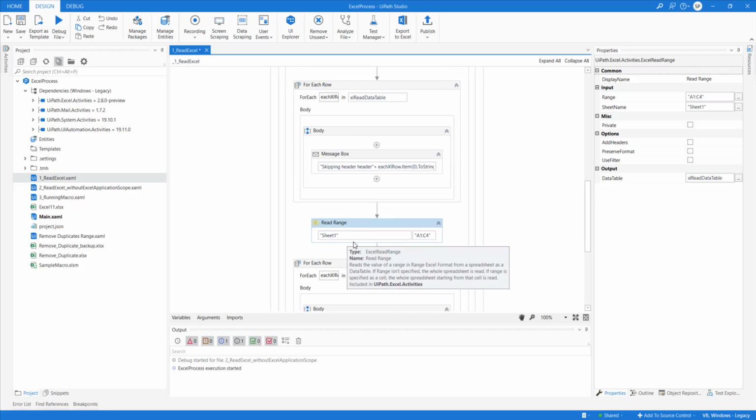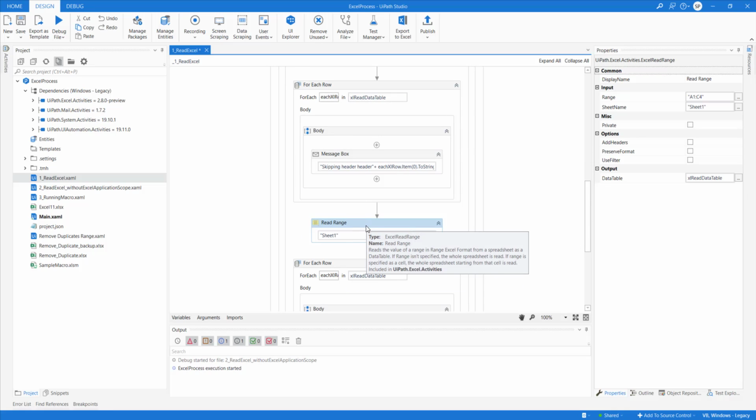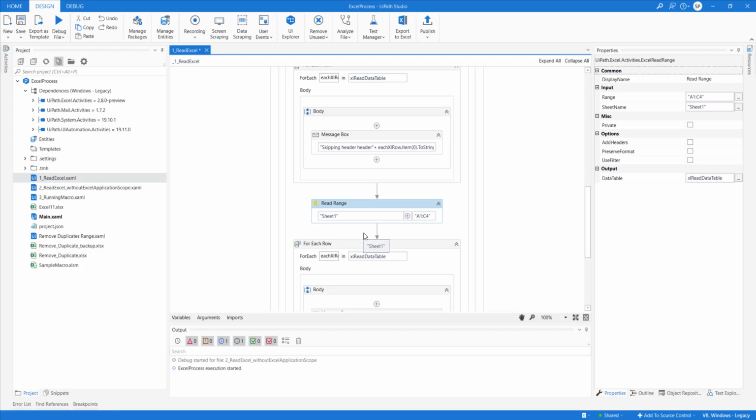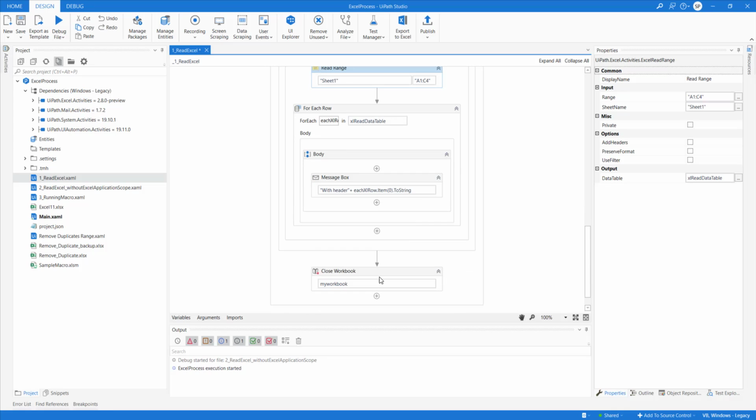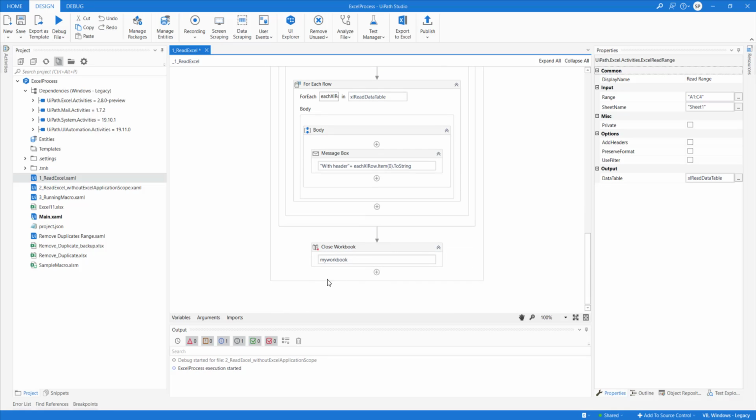When I read the data here, it will not perform that operation, because I have not told UiPath to perform special instructions for the first row. Got my point? So this way we should be able to read it. And at the end, when the operation is done, close workbook will be required.